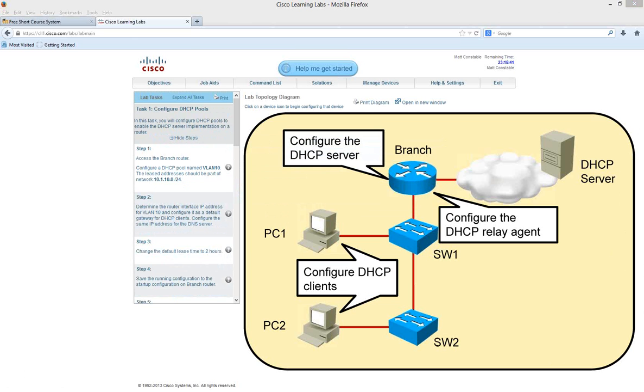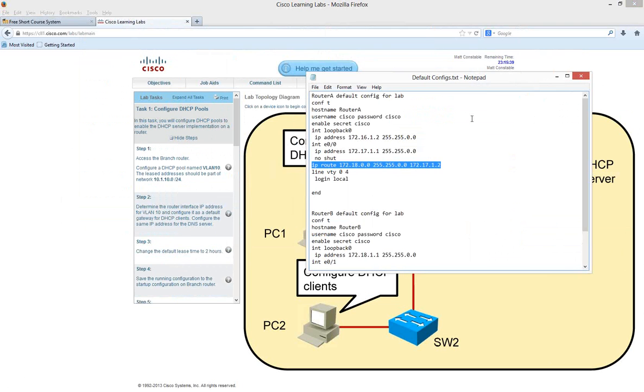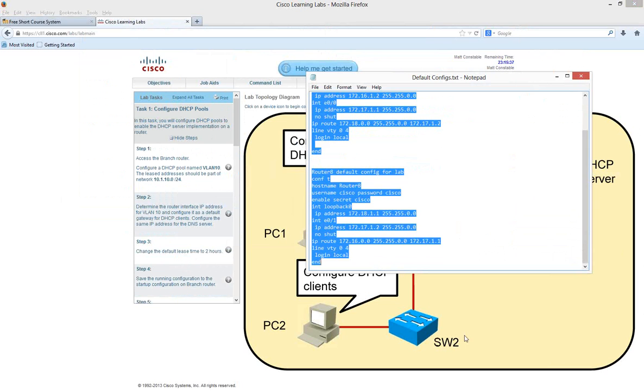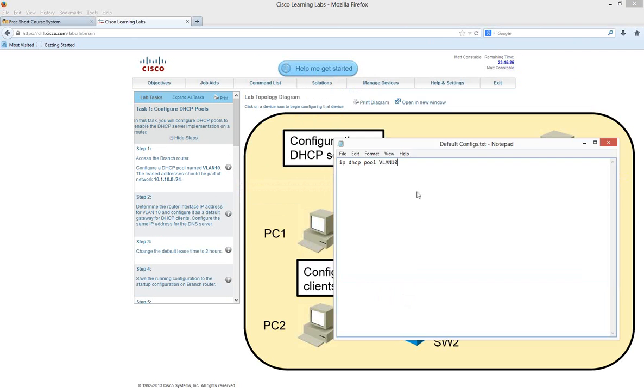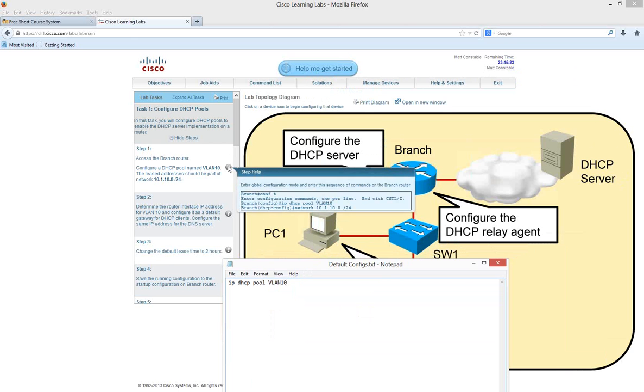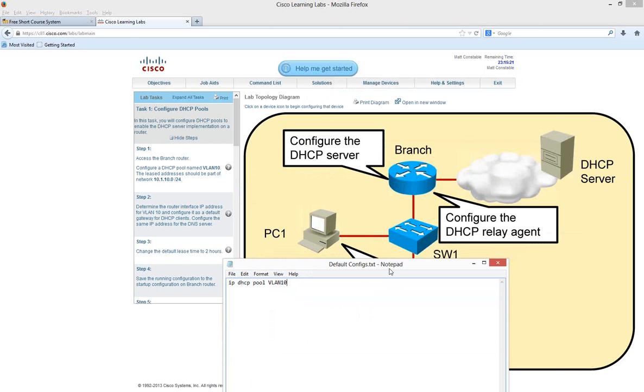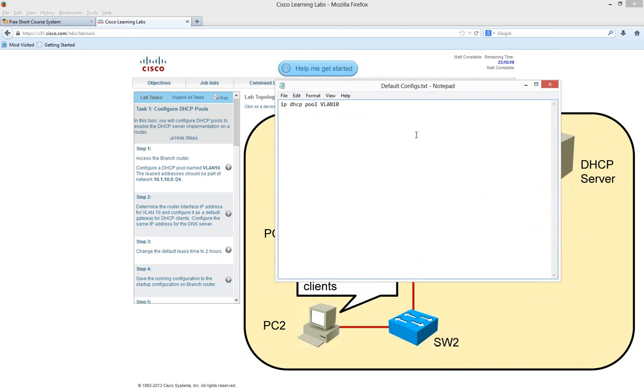Let's have a look at some notes instead. So we'll do it here, so at least you get an idea of what the configuration is. So it would be ip dhcp pool VLAN 10. If you need any help, look at the cheat sheets. The general format is ip dhcp pool and then the name of the pool,